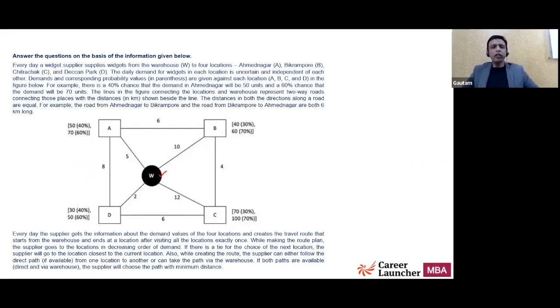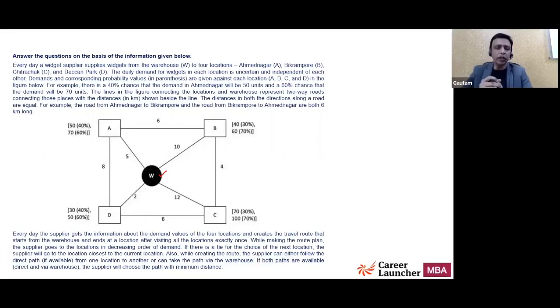The daily demands of widgets in each location are uncertain, independent of each other. The demands and the corresponding probability values were given for each of the 4 cities A, B, C, D. And they've given an example that in Ahmednagar, the probability that it will have 50 units would be practically 40% chances, and there'd be 60% chances that the demand would be of 70 units. The lines in the figures connecting the location of the warehouse represent the 2-way roads. So you can go either from Ahmednagar to Bikrampur or Bikrampur to Ahmednagar, and both ways the route would be